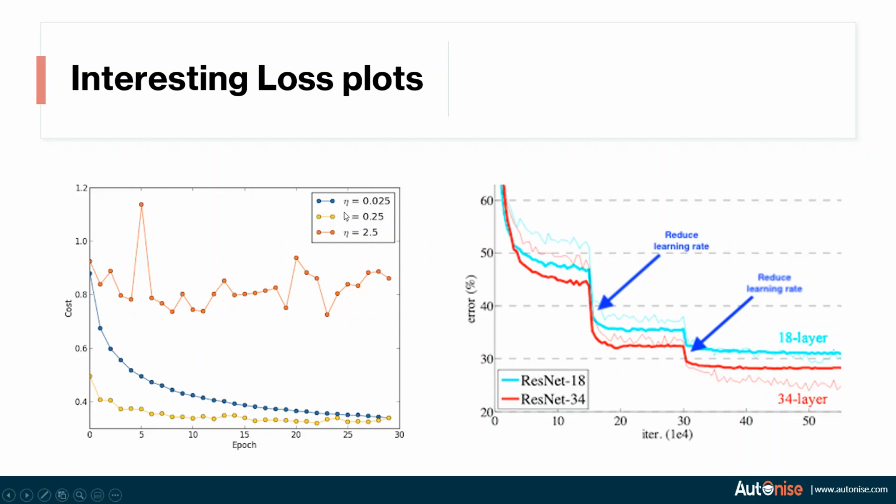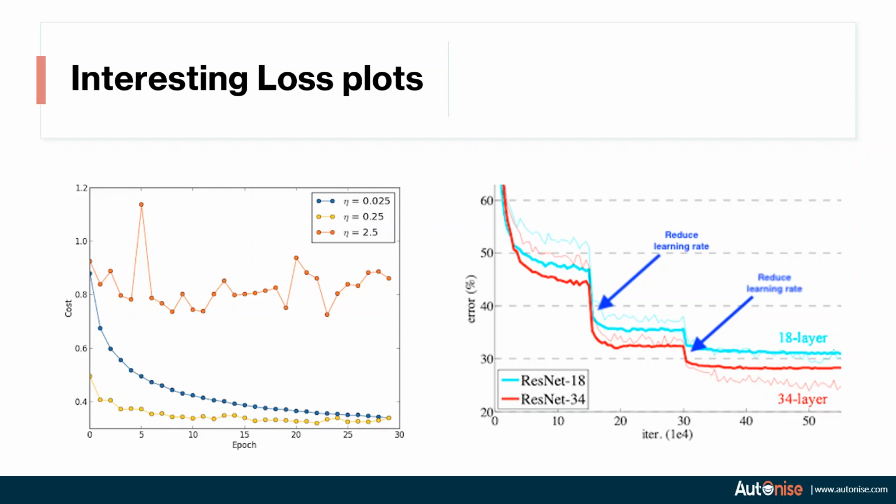If you have chosen the learning rate to be wrong, then with such a huge investment in terms of electricity, you would require 5 times more electricity with a learning rate of 0.025 compared to a learning rate of 0.25. So let's think that per epoch training, it takes $1 million. By just changing the learning rate, you can save $20 million over here. And that's a very large sum of money. So choosing the correct learning rate is very important.